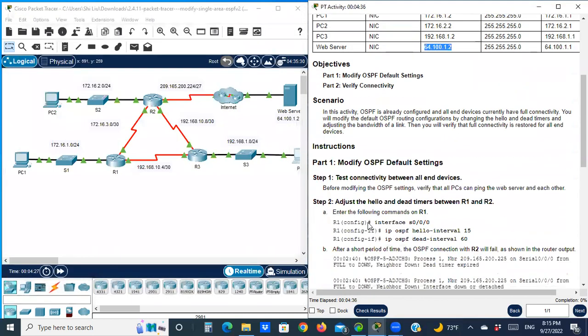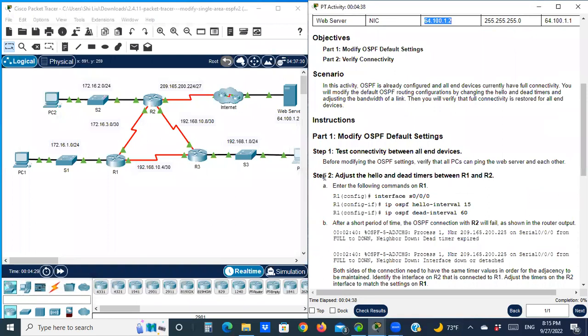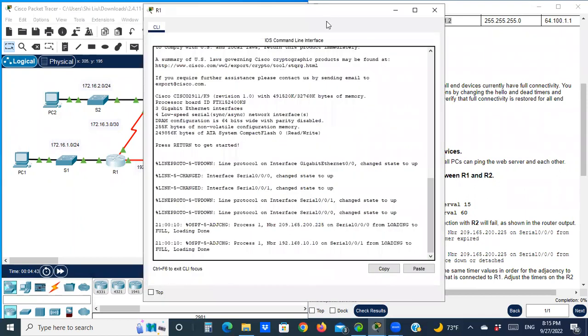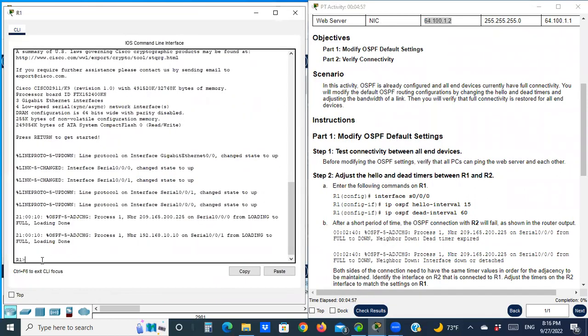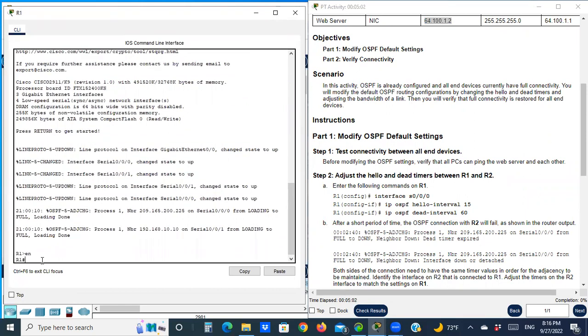Finish this step. Step 2, adjust the hello and dead timers between R1 and R2. Enter the following commands on R1. Let's go. All right, so enable, config t,